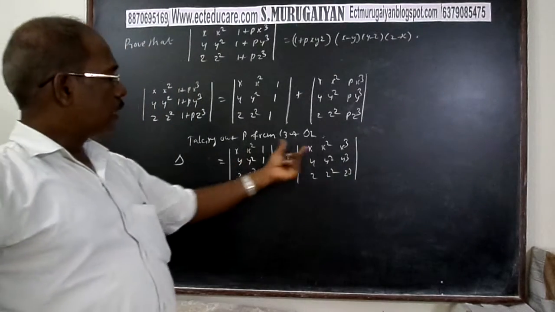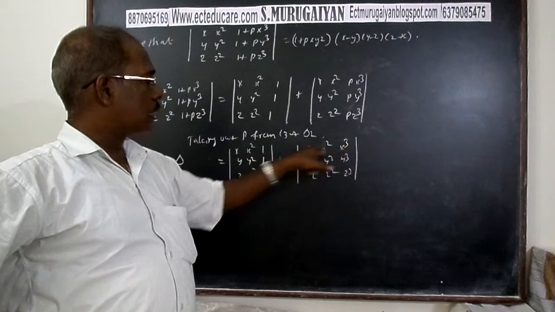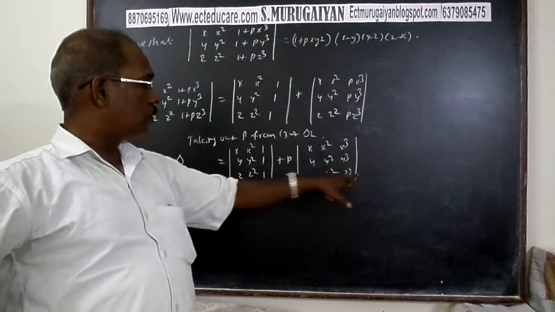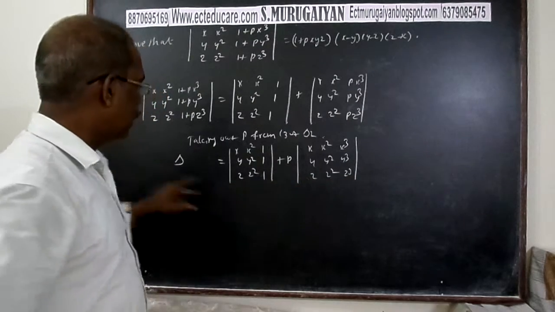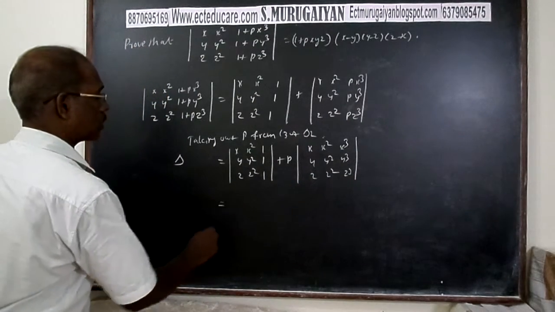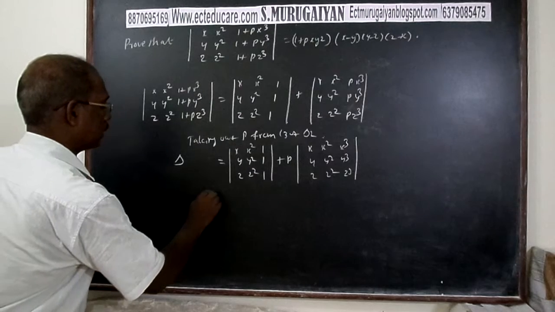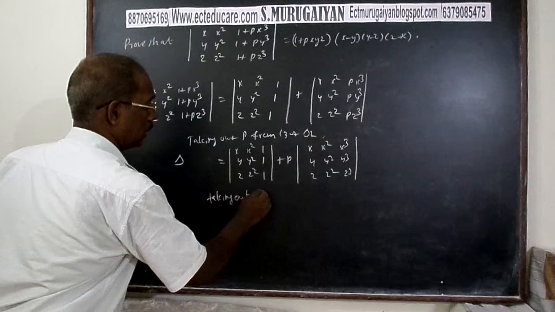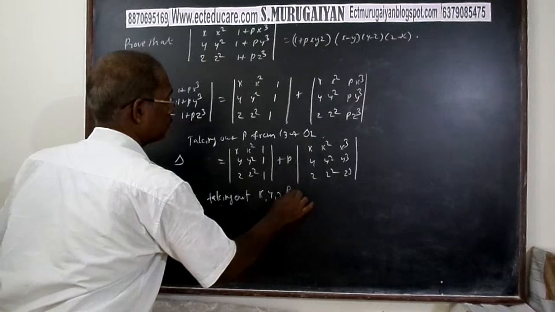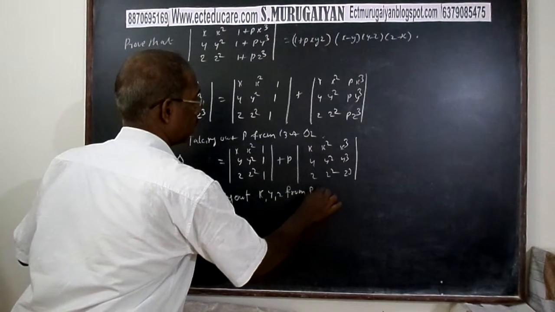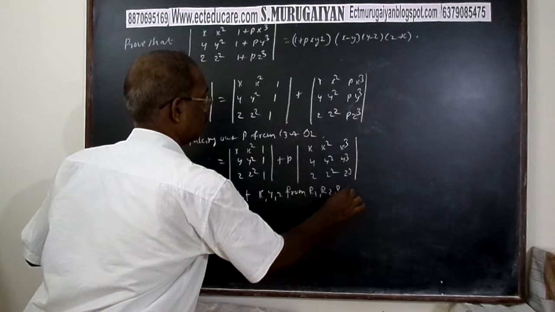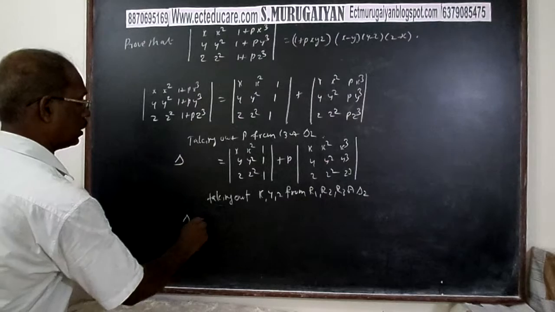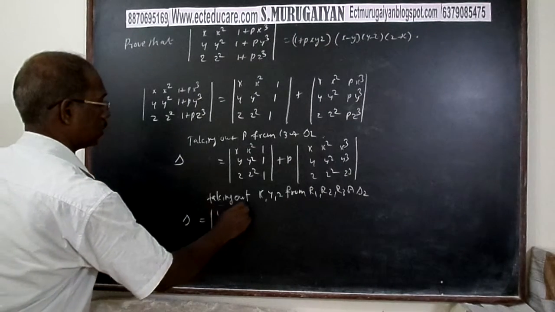Again, looking at the determinant delta 2, x is a common factor from R1, y is a common factor from R2 and z is a common factor from R3. So once again taking out x, y, z from R1, R2, R3 of the second determinant delta 2,